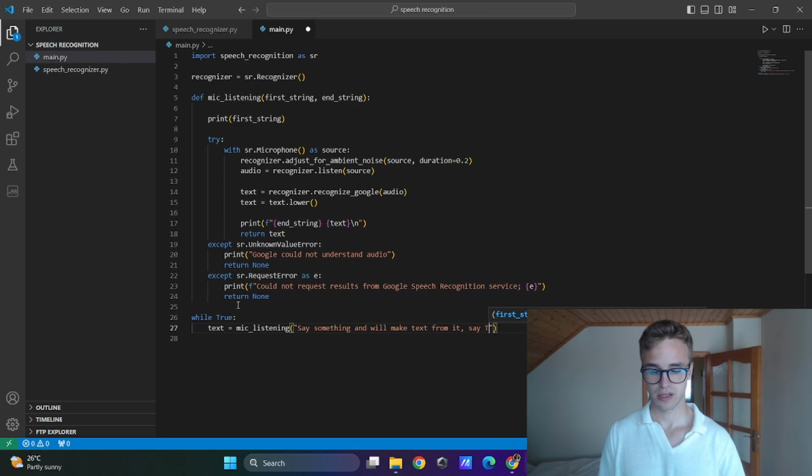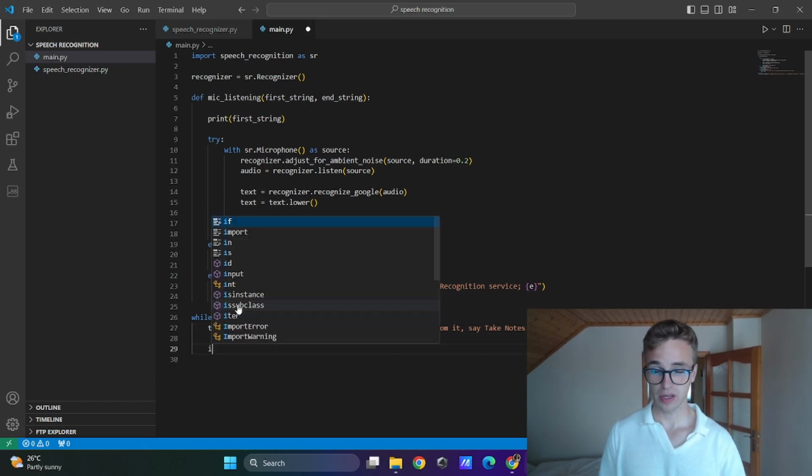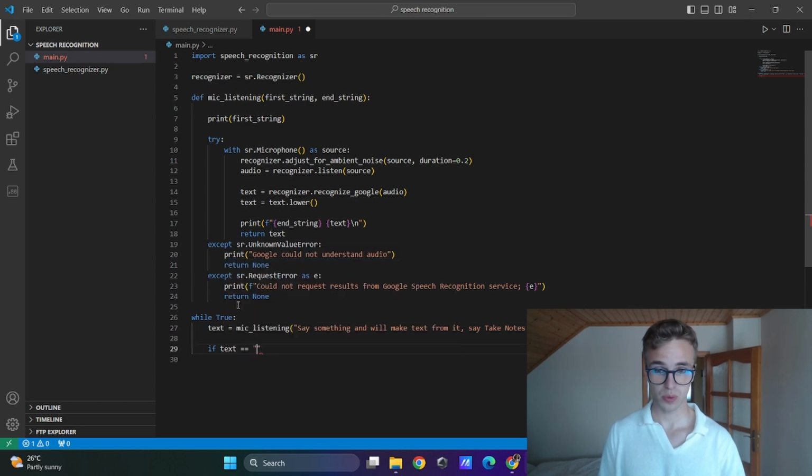Say take notes to take notes, for example, and the second string will be you said and this. Okay, if the text you said is equal to take notes in lowercase, because we transform the text to lowercase,